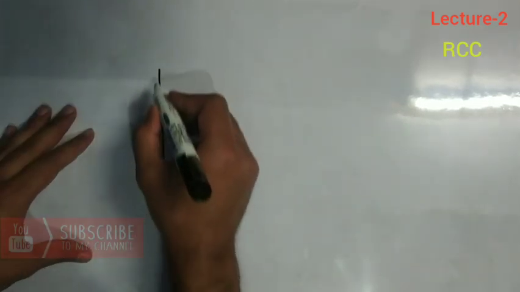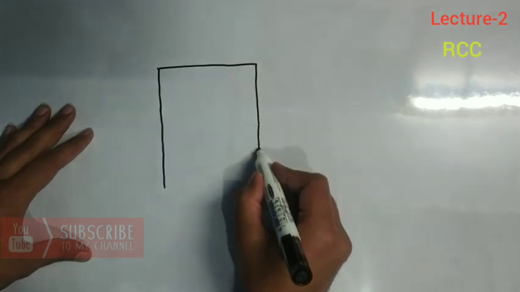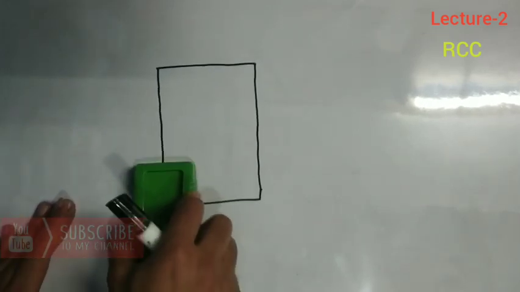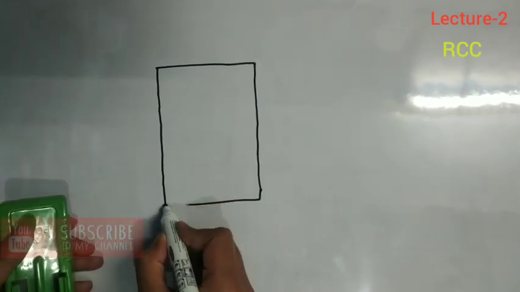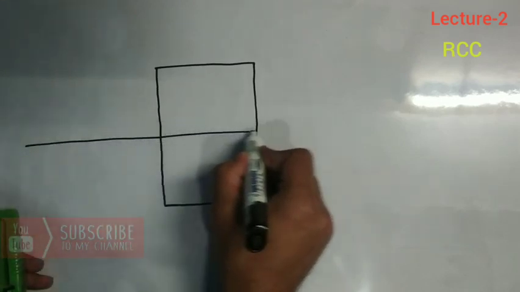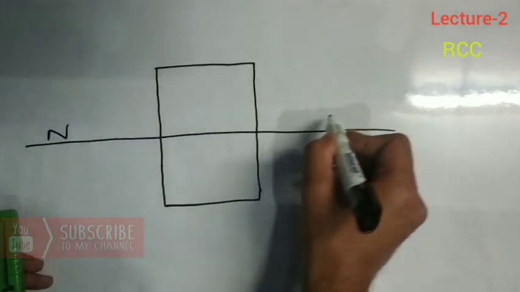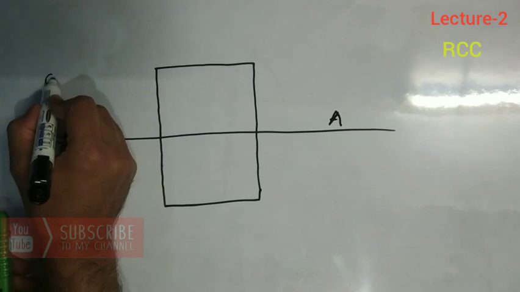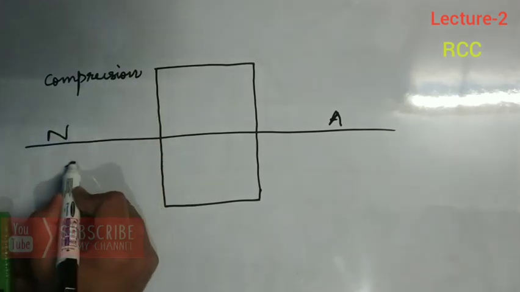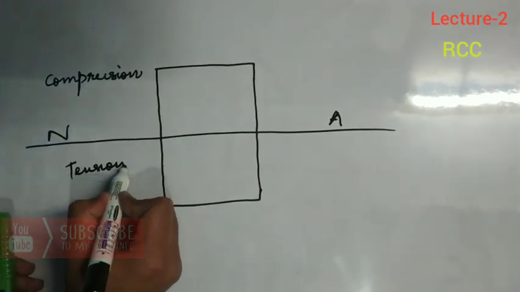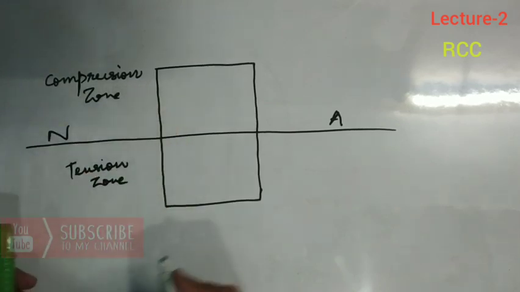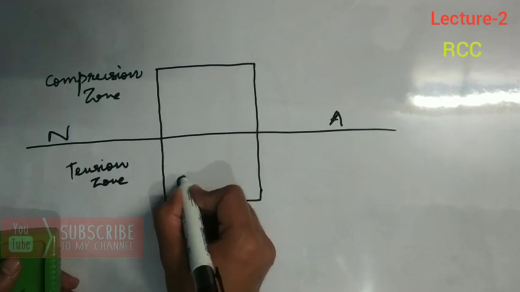If this is the cross section, today I'll show you all the details of an RCC beam, cross section of an RCC beam. See, this is a neutral axis. This is compression zone. And below neutral axis is tension zone. Now, if I make the reinforcements,